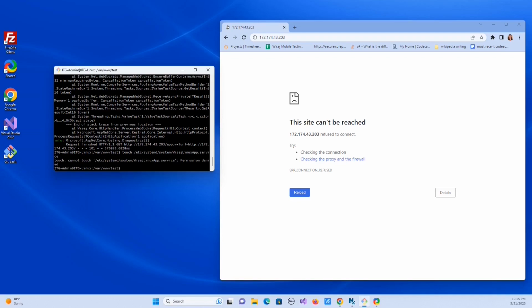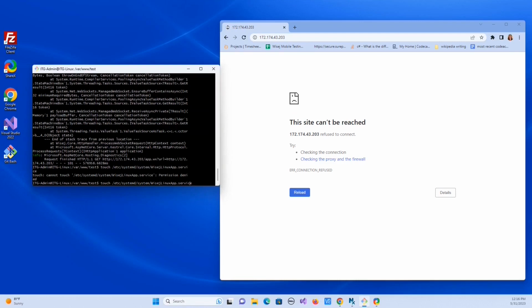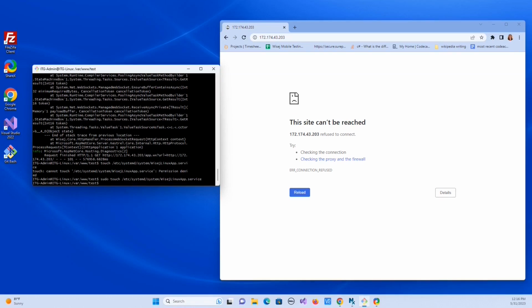And then you'll notice it says permission denied. So there's a couple things we can try. So let's try sudo. Okay, so that worked. The other idea was maybe write permissions weren't enabled on that file, but it looks like